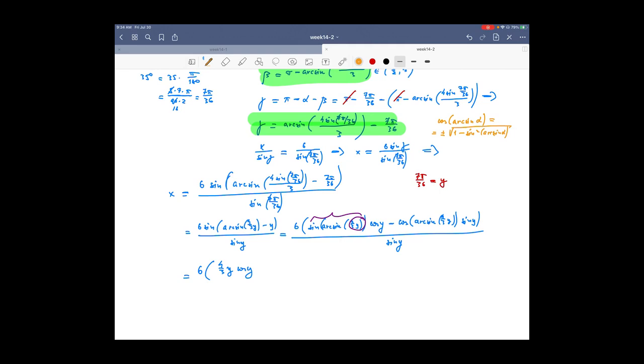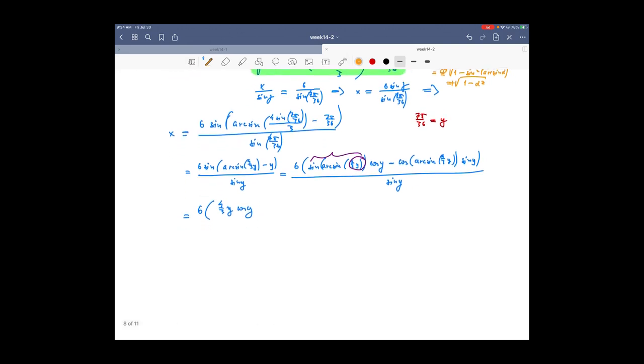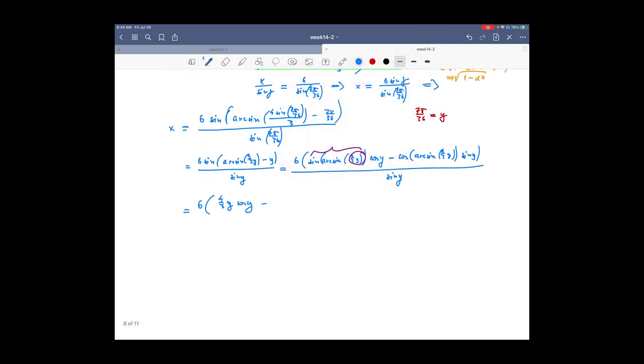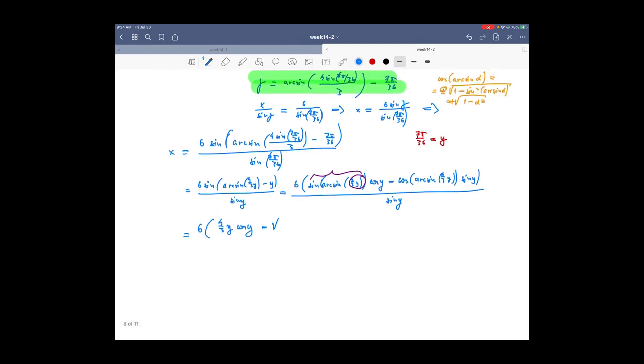Because arcsine is either in quadrant 1 or quadrant 4 where cosine is positive, I should take the positive sign here, and so that should be square root of 1 minus alpha squared with a positive sign. So I get here a root of 1 minus 4/3 y squared times sine y